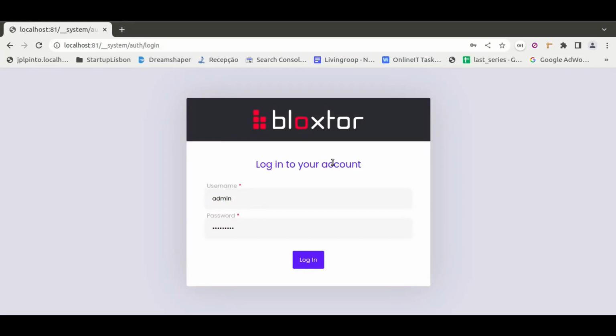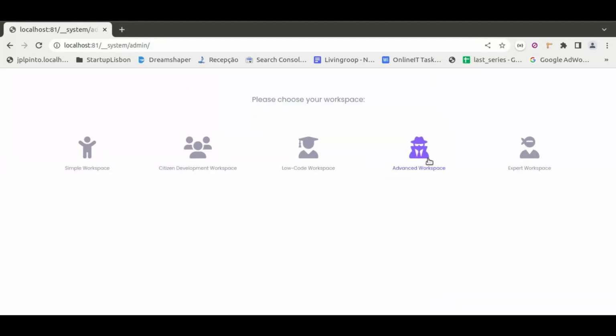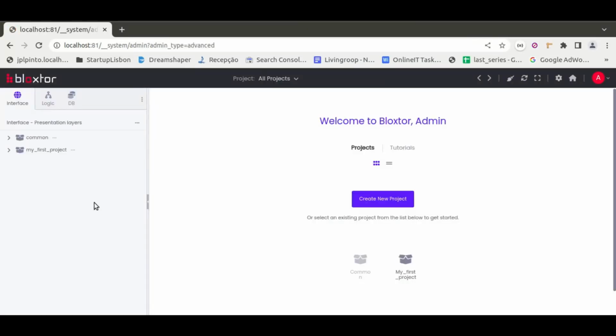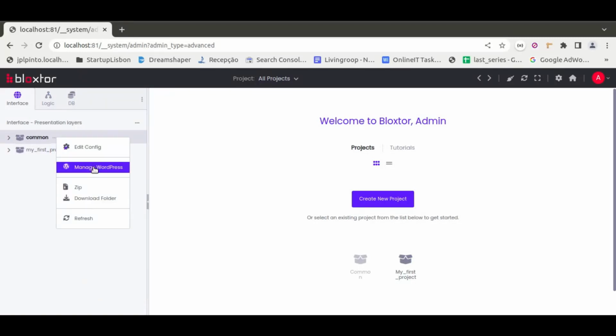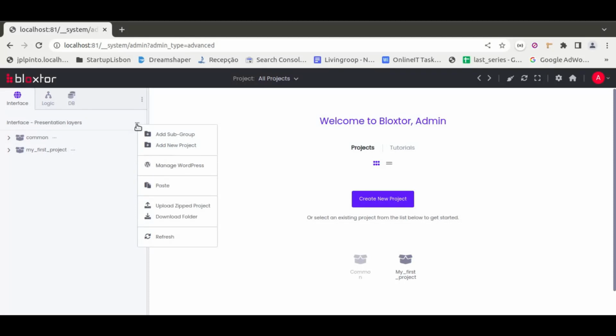So basically we just need to log in to our framework, choose the workspace, and on the left side we see our navigator with all the projects that we currently have. To access or to install WordPress we just need to click in the projects menu saying manage WordPress, or in the common project manage WordPress, or in the presentation layer menu saying manage WordPress, exactly